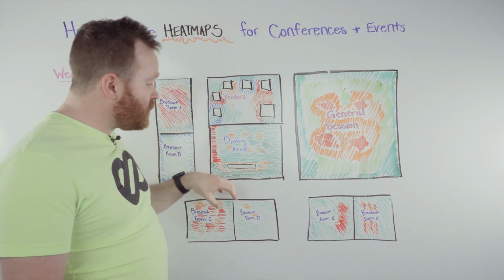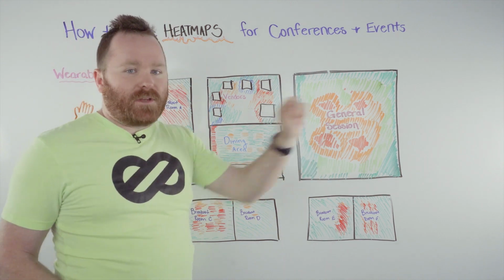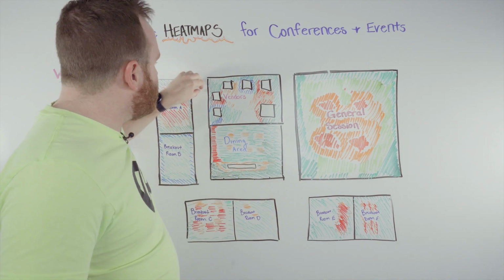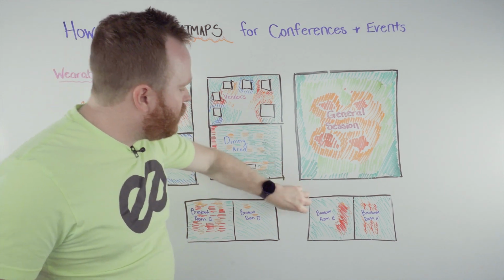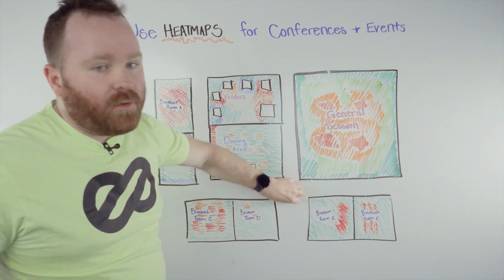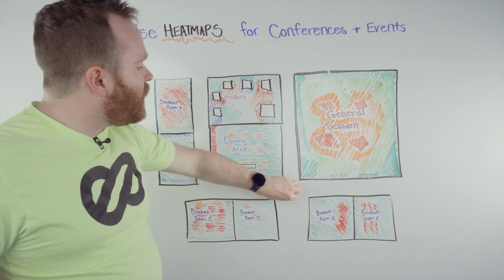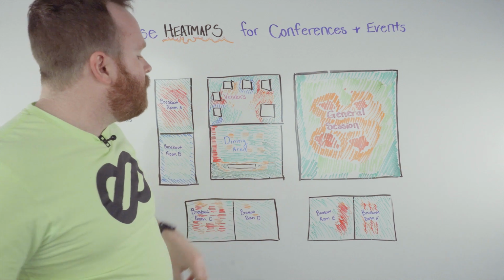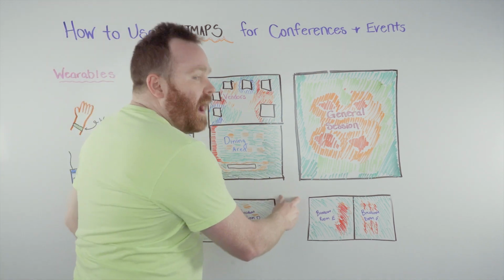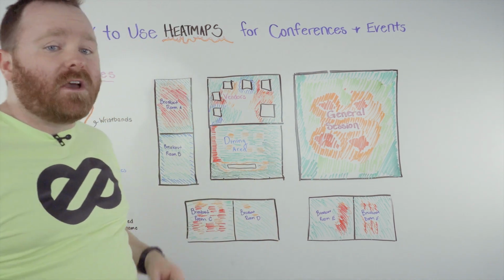What's also cool, we didn't quite show it on here because we could fill this whole thing up with color, but in these hallways we would probably have heat map data as well. Let's say, for example, this corner might be really, really red. What's great about this is it shows that a lot of people are interacting or stopping here, but it also might give you an idea. Maybe we want to put some high boy tables over here so people can hang out